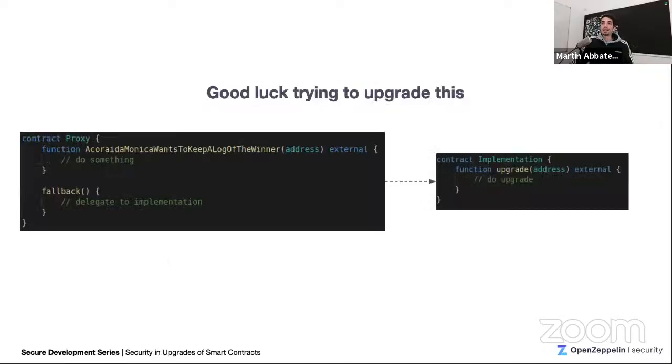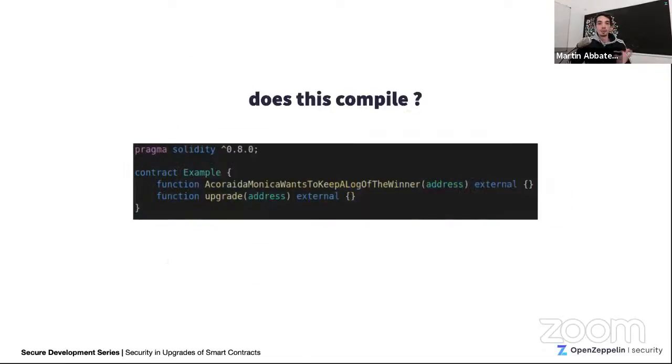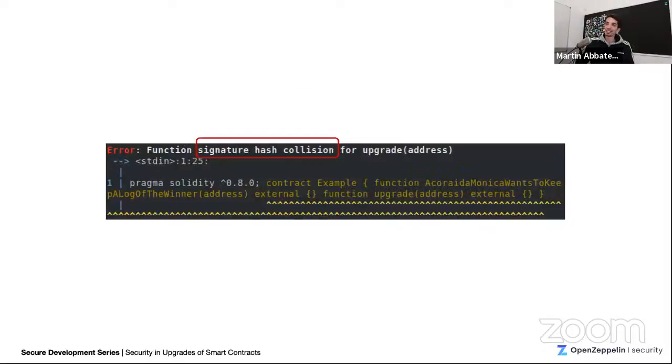But the thing is, in here, sorry, let's go back here, you cannot even compile this, right? So it shouldn't be problematic. Everything is in the same contract. You try to compile this, you have an error. It's just a matter of changing the name of a function, right? And it's not that common usually. You should be quite lucky to actually have 2 legitimate functions in your contract in which you find a hash collision, identifier collision. But